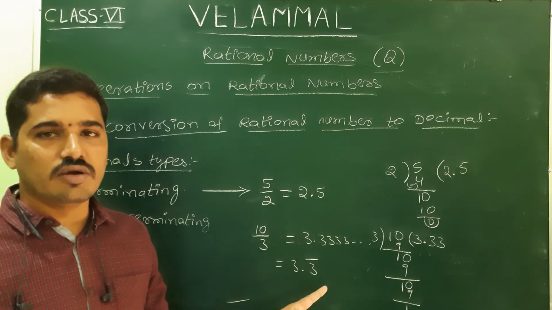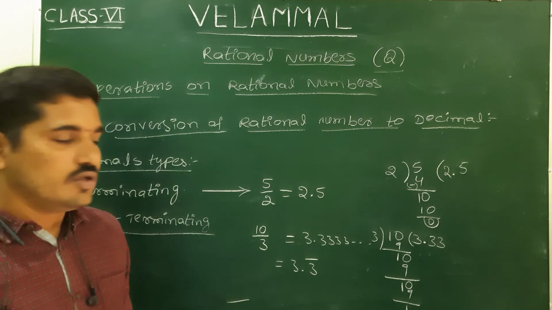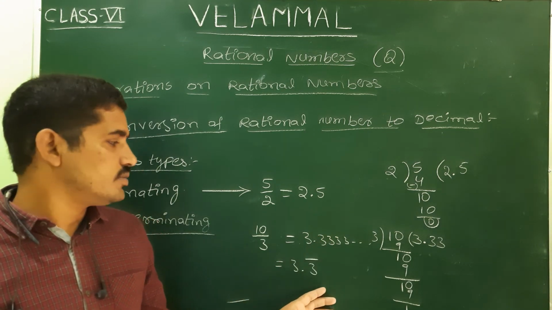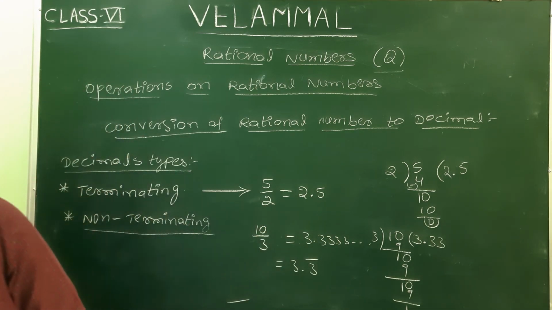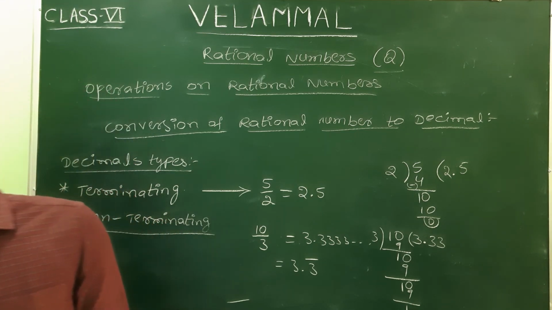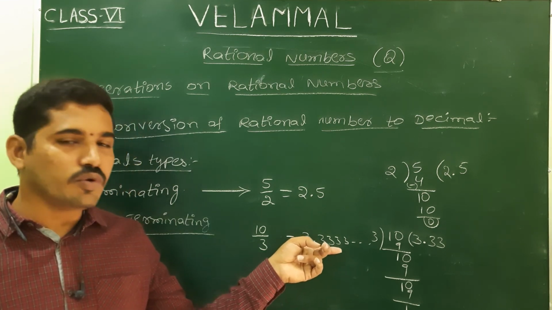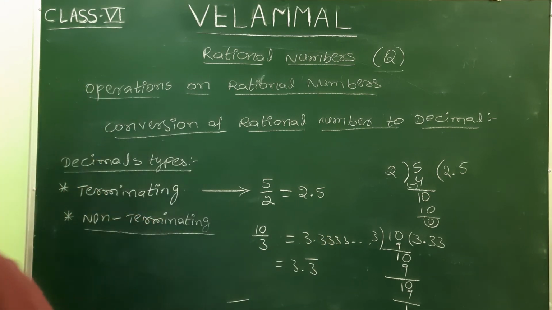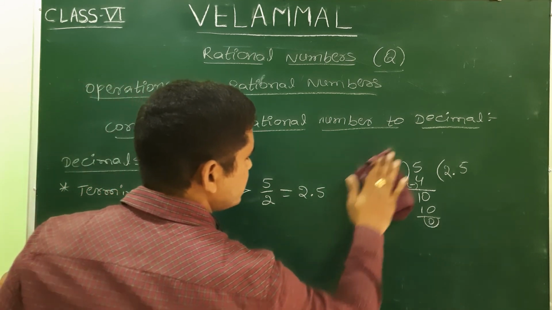Terminating decimal and non-terminating decimal. In the non-terminating decimal also we have the two types. Those two types we will discuss in the next class. Up to now, here terminating decimal and non-terminating decimal we have, or else non-terminating decimals also can be called as pure recurring and mixed recurring. See, if you observe this number, it will be pure recurring number we will say. Or else before going to the non-terminating decimals, in the terminating decimal, one more example I will say.